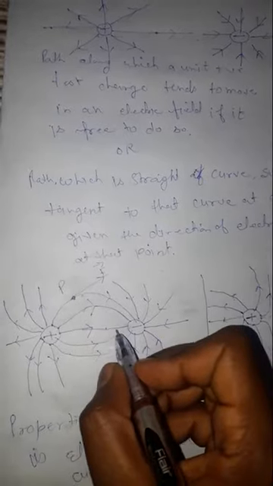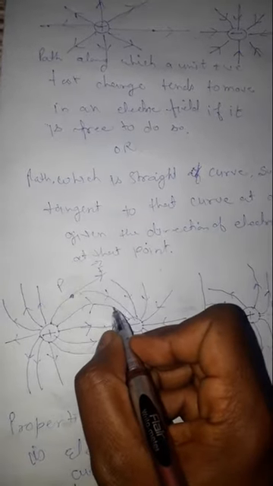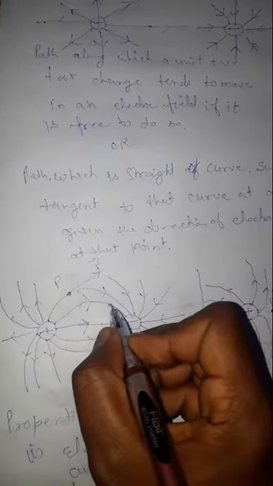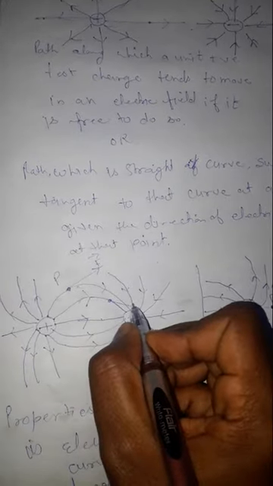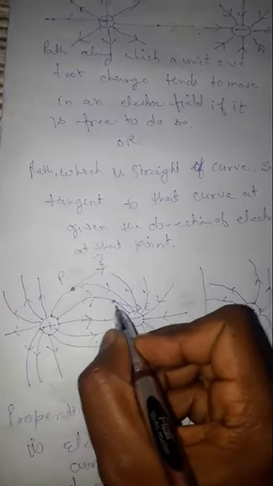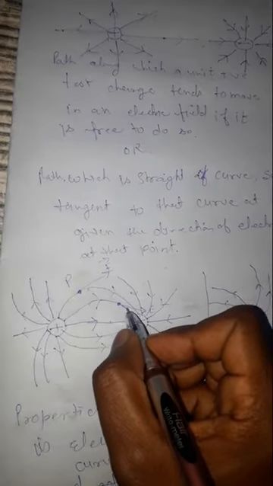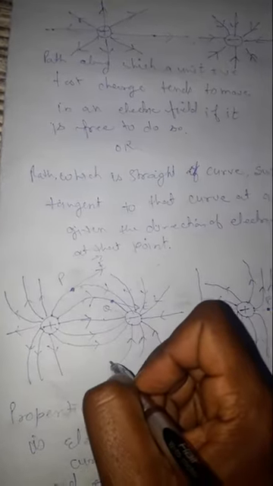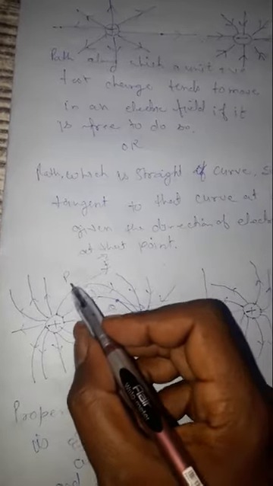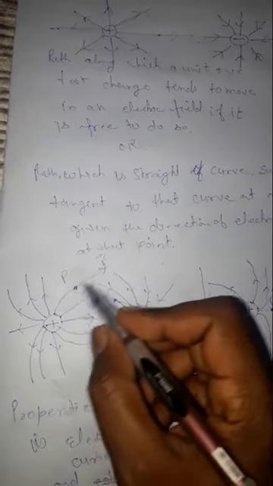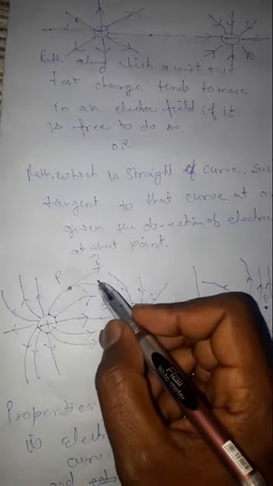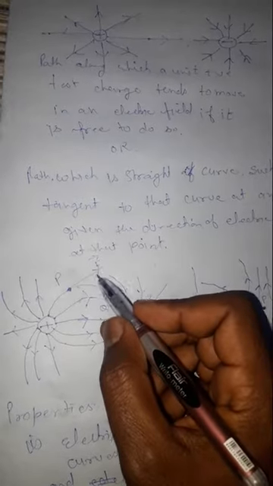Now at some other point, say Q, if we draw the tangent, then it is in this direction, so the direction of electric field is along the tangent in this direction at this point. So the tangent to the electric field line at any point gives the direction of electric field intensity at that point. So the third one is